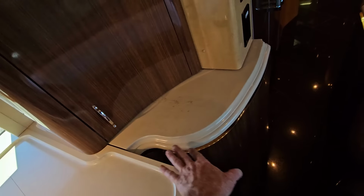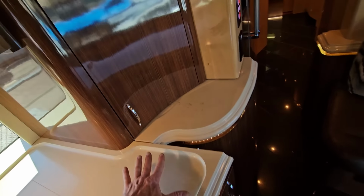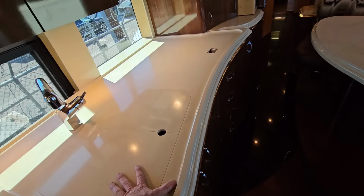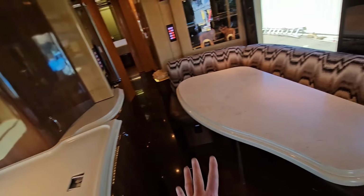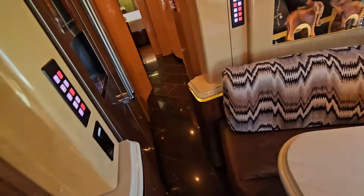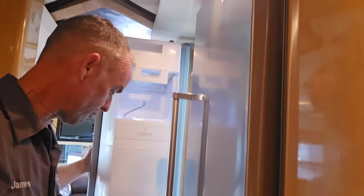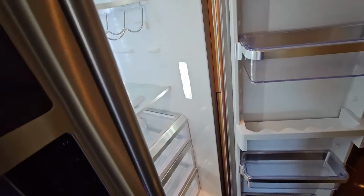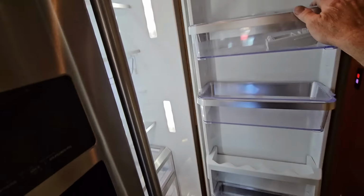And if you'll notice right here, this also collapses out of the way to give a little bit more space back here. So in the galley, you can get to the stove and the sink, the microwave, and the dinette, and the sofa here in the salon. Moving back a little bit further, to get to the freezer side of this, you will have to walk past it, but the freezer door does open up all the way. It does have water and ice in the door,